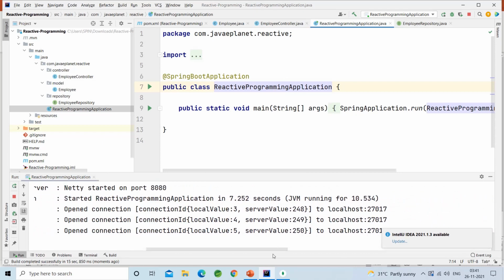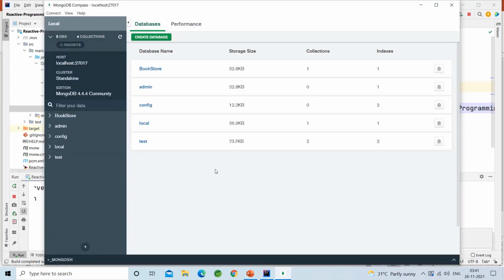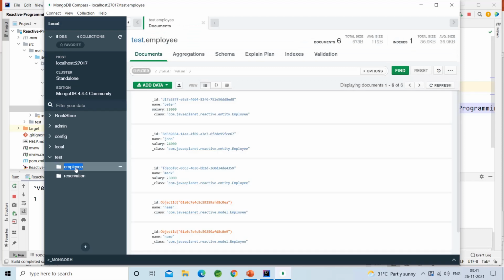Okay, the application has started. Let me open MongoDB Compass and refresh the data. See here, employee.